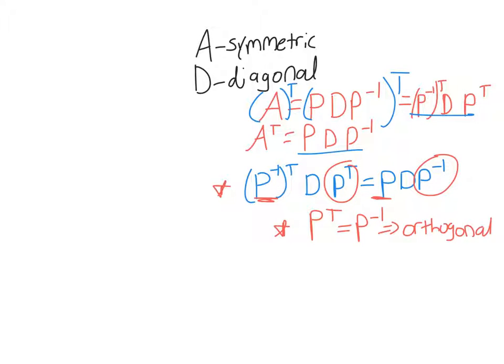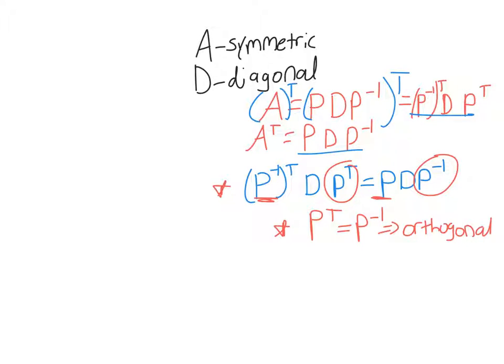So note that we say P transpose is equal to P inverse. That's orthogonal when you're dealing with a real matrix, and we're only dealing with real matrices so far. But I want you to note that we are going to look at some complex matrices later, and then we change the word orthogonal to unitary, and it has a slightly different meaning. But for now, we're just dealing with symmetric real matrices A, and they are always diagonalizable,